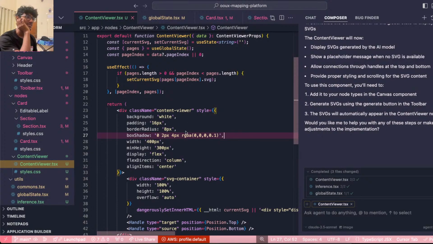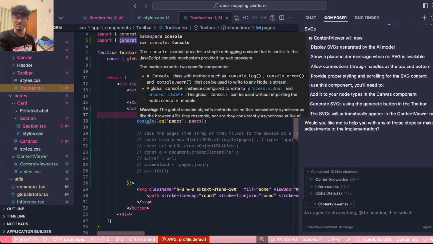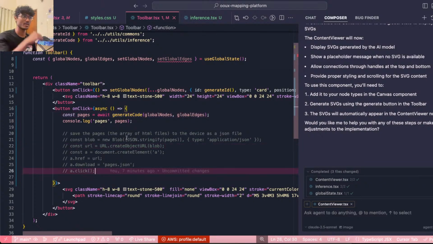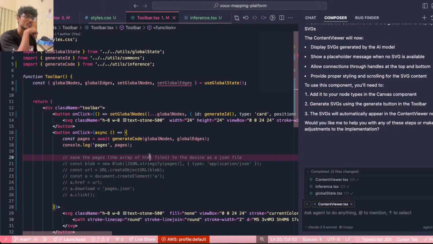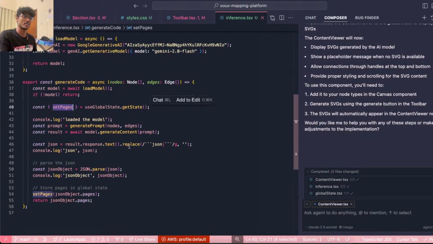Yeah, so where was I? I'm supposed to go to the toolbar. In my defense, it's 12:35 a.m. Kind of sleepy. Go to the generate code. You're setting the pages here, and basically